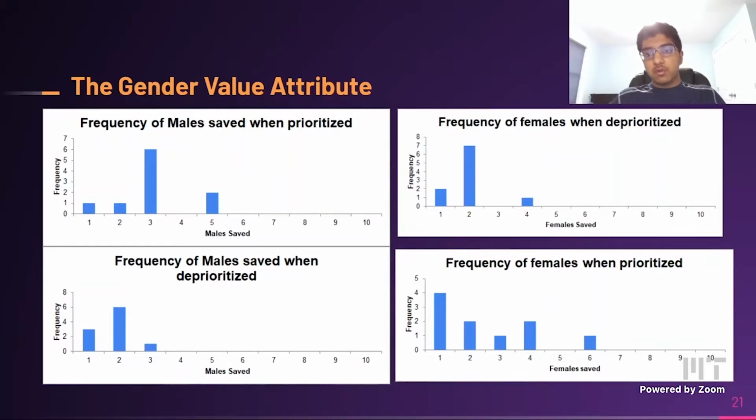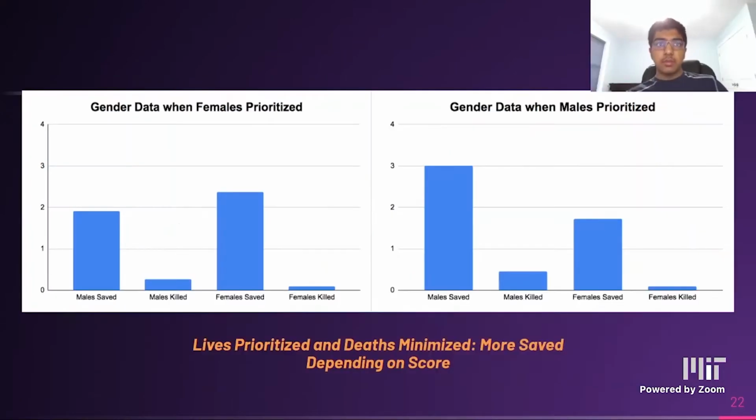One structure gave us more points for saving females, the other gave us more points for saving males. To maintain realism, there is an equal number of males and females on average. With equal distributions of both, more attention was given to saving whichever gender carried more points, as shown through the shifts in the histogram. Yet, the main focus was on saving lives and minimizing death, with nearly zero death averages as shown on the graphs. On the other hand, the RL prioritized not killing people to prevent itself from getting negative points.